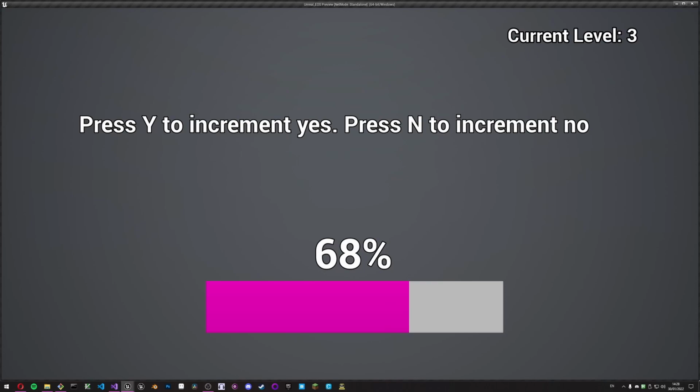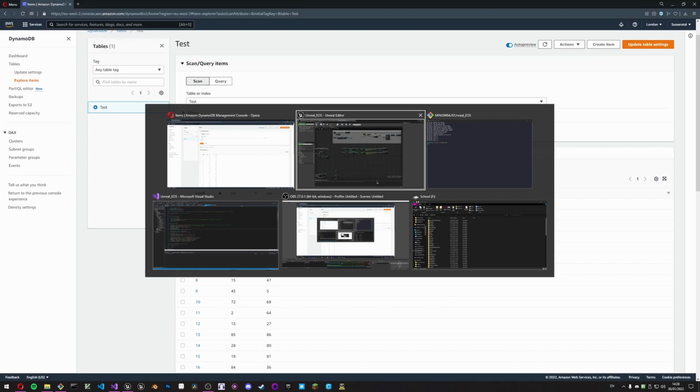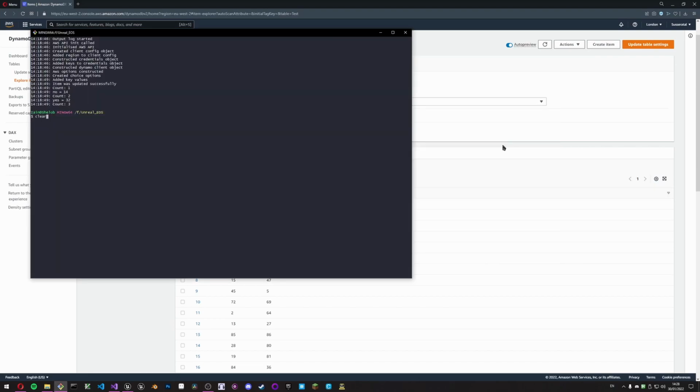Ta-da! So that's it working. It will go through, it does exactly the same thing for every level, and that's all. It's quite simple, but the underlying code was fun to write. If we now